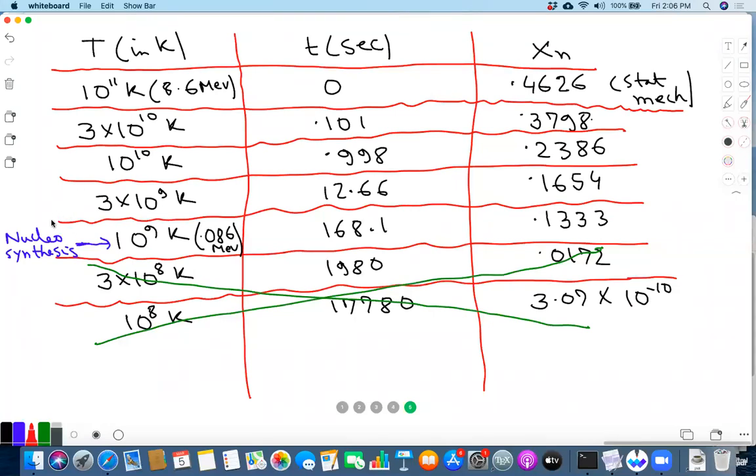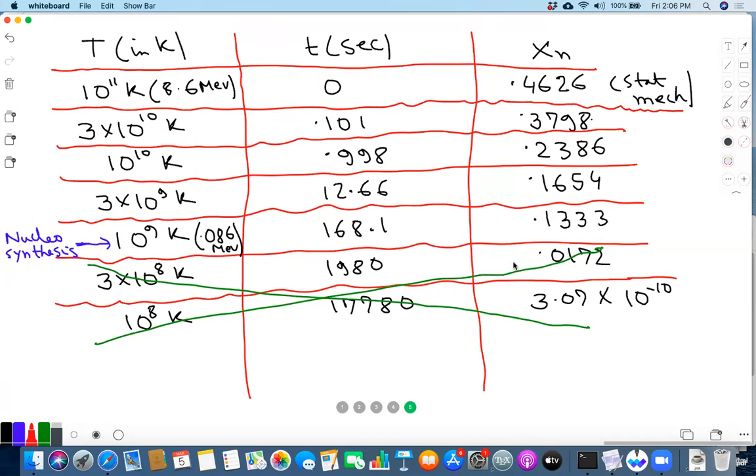As we had discussed, for T of order MeV and higher, in this region, you can use StatMech because equilibrium is a good assumption. Whereas for T much below MeV, you can just think of this as free neutron decay, because that's what controls the actual reduction in the number of neutrons. So this table will be important later, but the most important number will be here. You will say this is the nucleosynthesis time, and it's important to know the fraction of neutrons at this time, because this is going to determine the hydrogen to helium ratio.